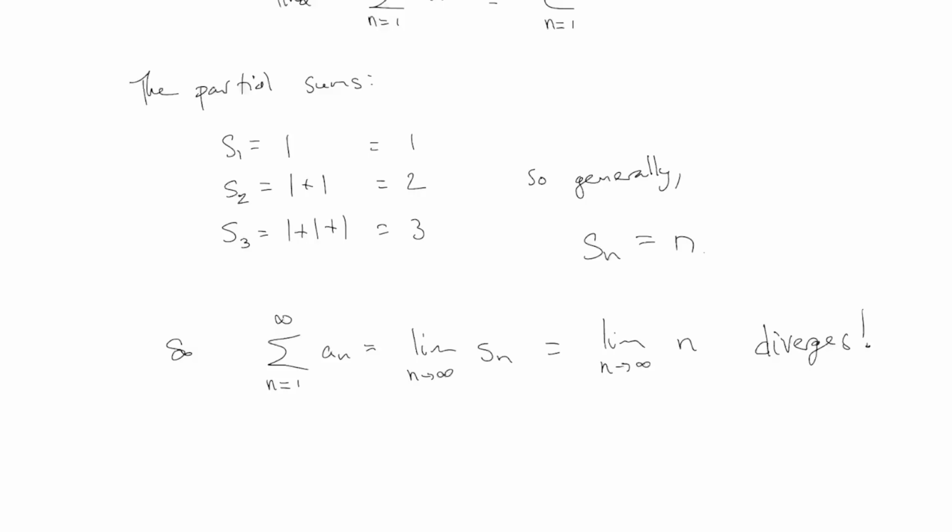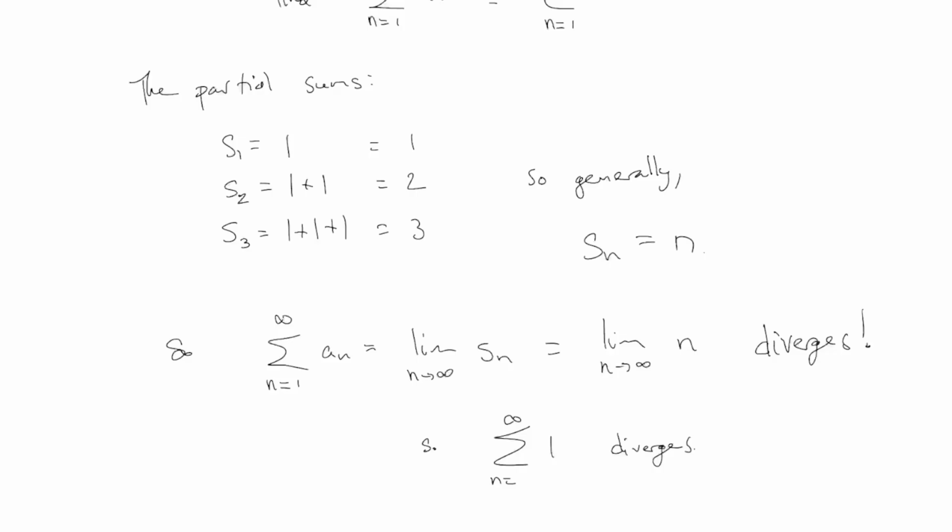All right. This is how you find the actual value of one of these series. First, you determine what is the sequence of partial sums, and then you take the limit of that sequence, and you can tell if it diverges or not. All right, so in this example, the sum n equals 1 to infinity of 1 diverges. As it should, right? It would be profoundly weird if this actually added up to a specific number. It doesn't. When you add together 1 over and over again, it diverges. All right, great. This is not surprising at all.